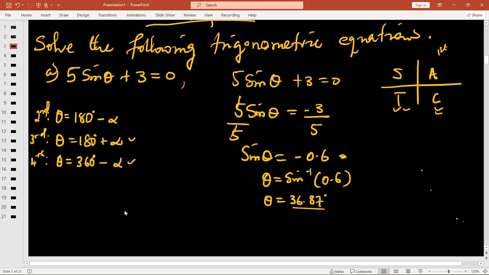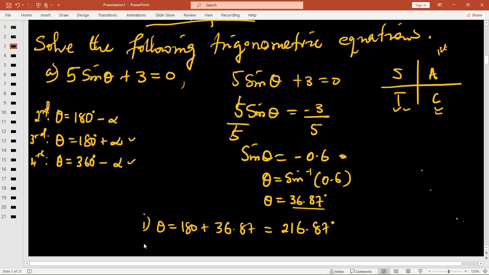The answers for theta in this case: the first one, theta is equal to 180 degrees plus 36.87, which gives us 216.87